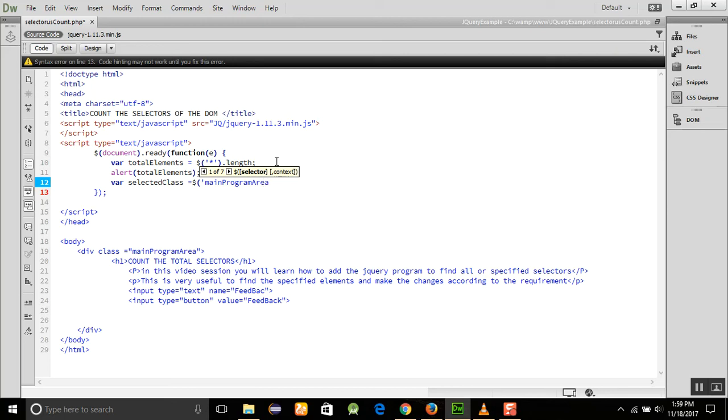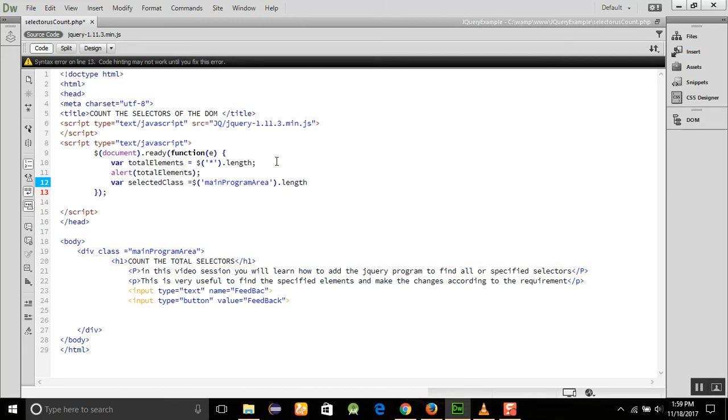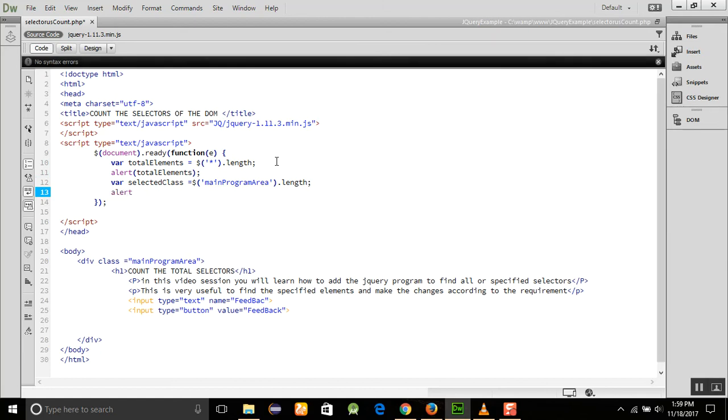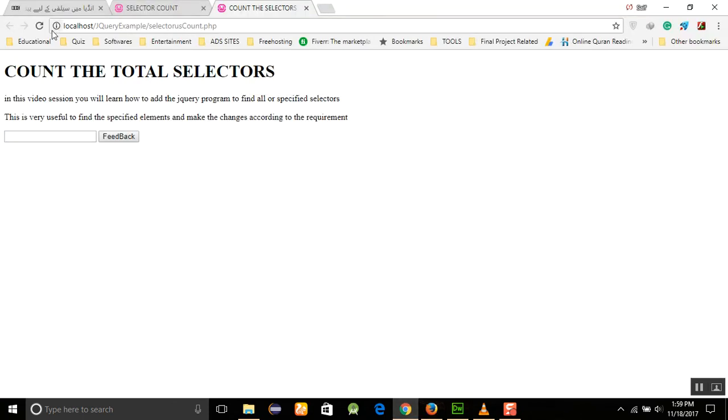I thought, yes, this is the main program area dot length. And now we will run this program and check it out. Selected class. Now we will run this program and see what will happen. So go and refresh this page, and you can see that it's a 0 value